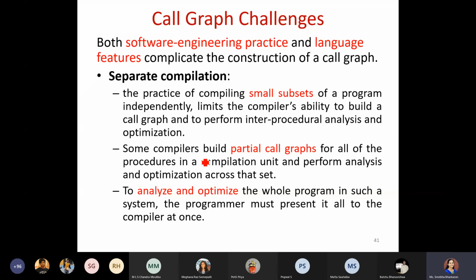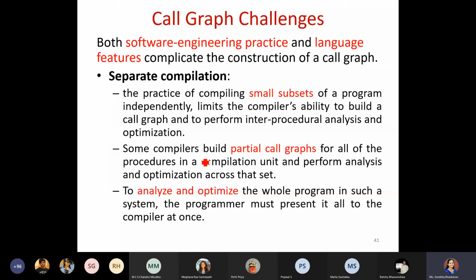Say for example, whenever we say call graph, certain compilers would be creating only partial call graphs. So only for some small portion of the procedure would have been highlighted, rest all would be hidden, abstracted. So more compilation work has to be done at the background part.